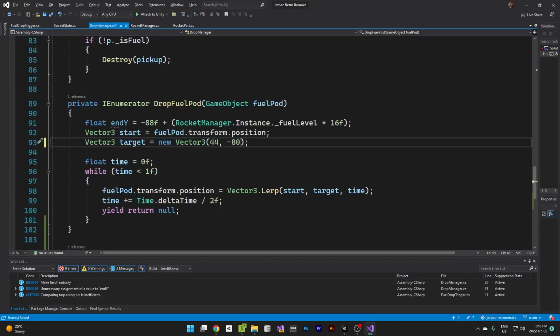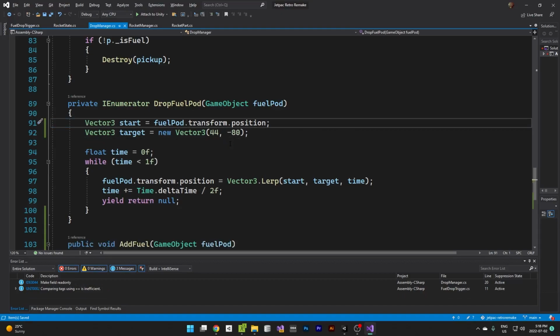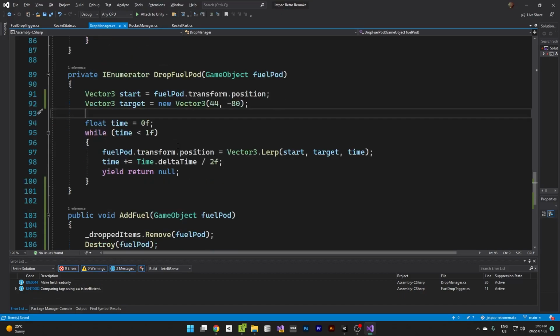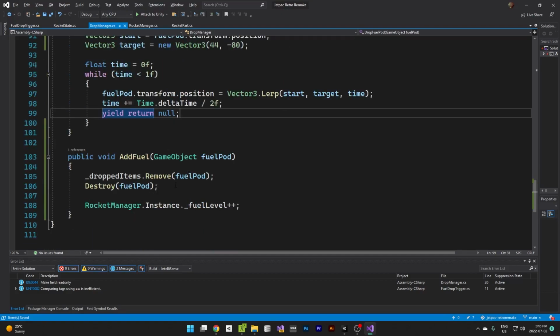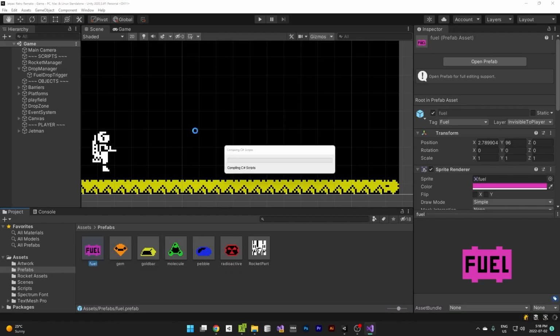Negative 80. I don't need that. Target is going to be that. And then we lerp down to there. Add fuel. Destroy it. Good to go. Okay. And in that way,